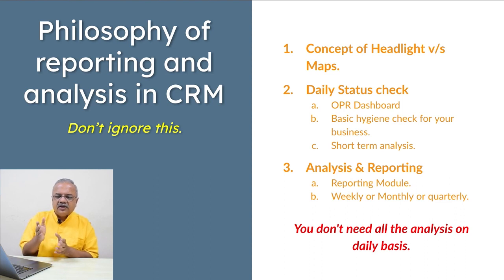It is like this. You don't constantly focus on the map. You focus continuously on the road, right? So that you don't go off road. You need the map only for each turn, just to confirm whether you are headed in the proper direction or not. The headlight should show you the way. Focus should be on the given road. Regarding CRM, your focus should be on OPR.